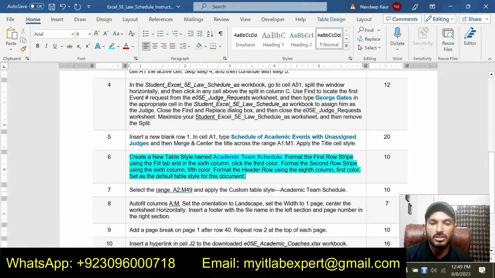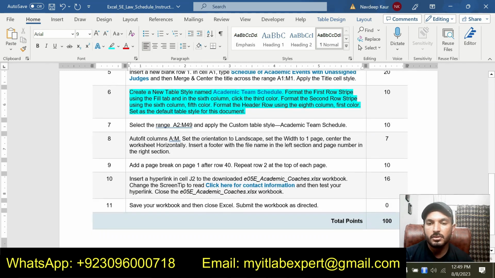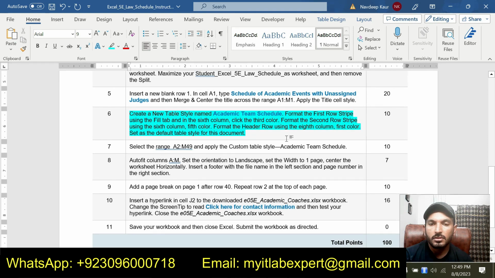Format the first row stripe using the fill tab, and in the sixth column, click the third color.